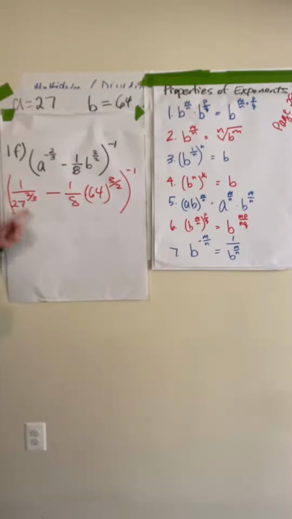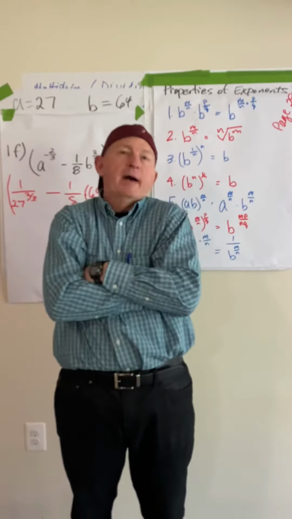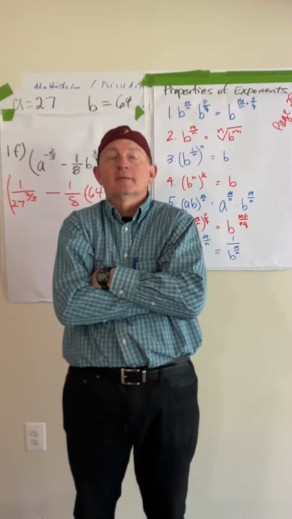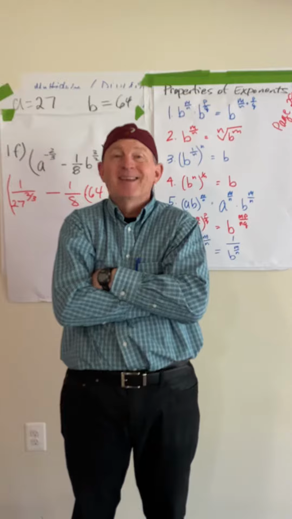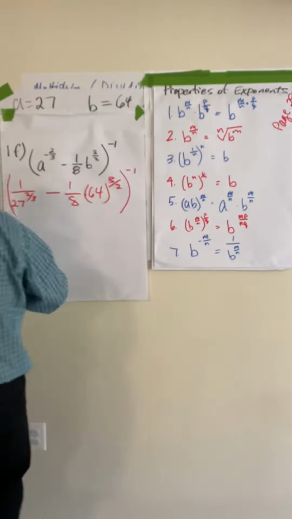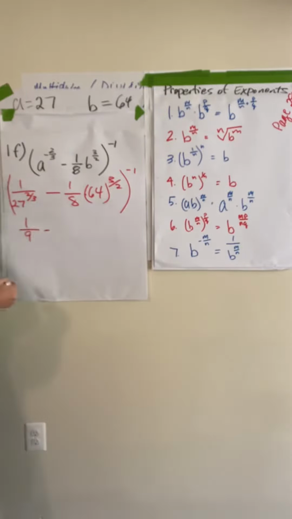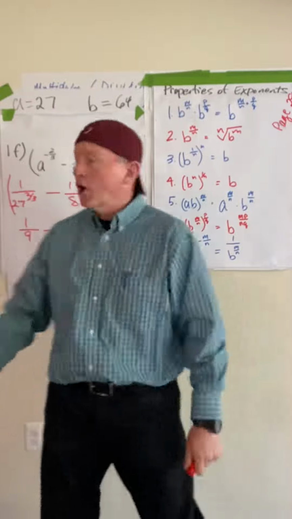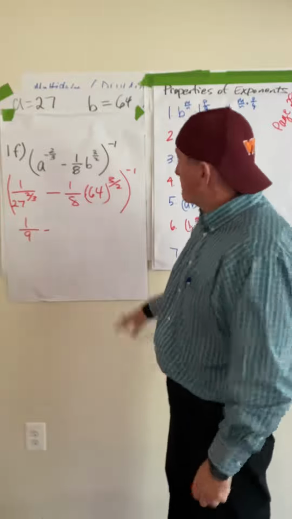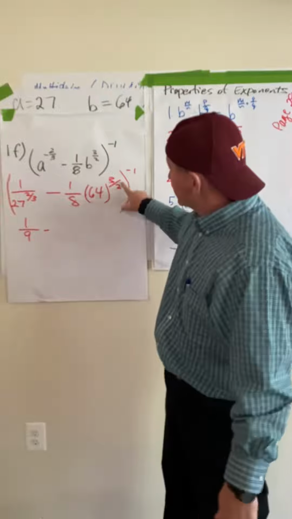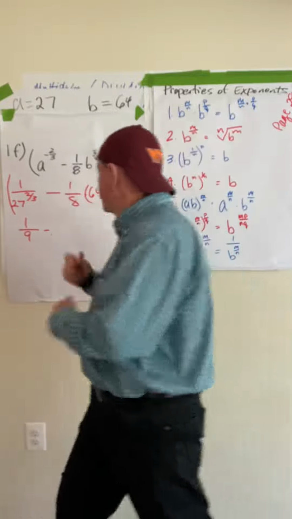So let's figure out this 1 over 27 to the 2/3. Well, we got to do the cubed root of 27 again. That's still 3. And we got to square that 3. That's 9. So this becomes 1/9. Minus. Now, you might be tempted to go like 8 goes into 64. Okay, you might divide that out. But you can't, because you got to do this exponent right here before you do this multiplication. So this stays 1/8